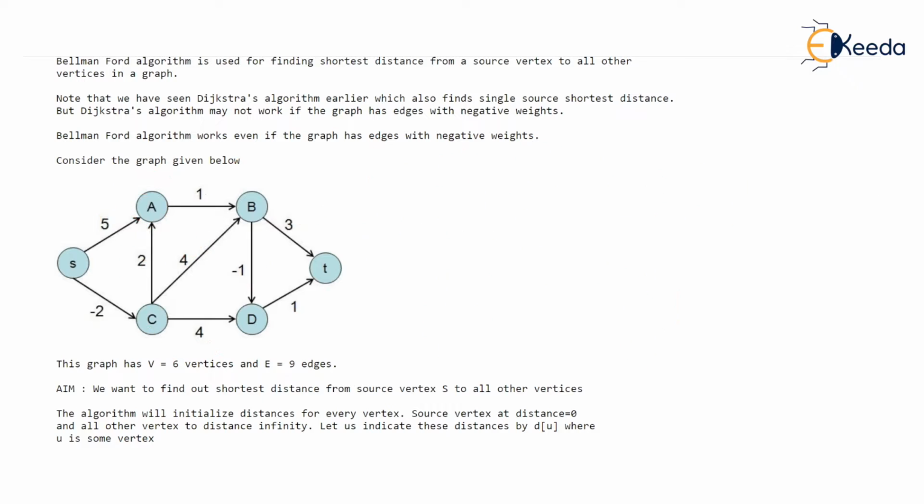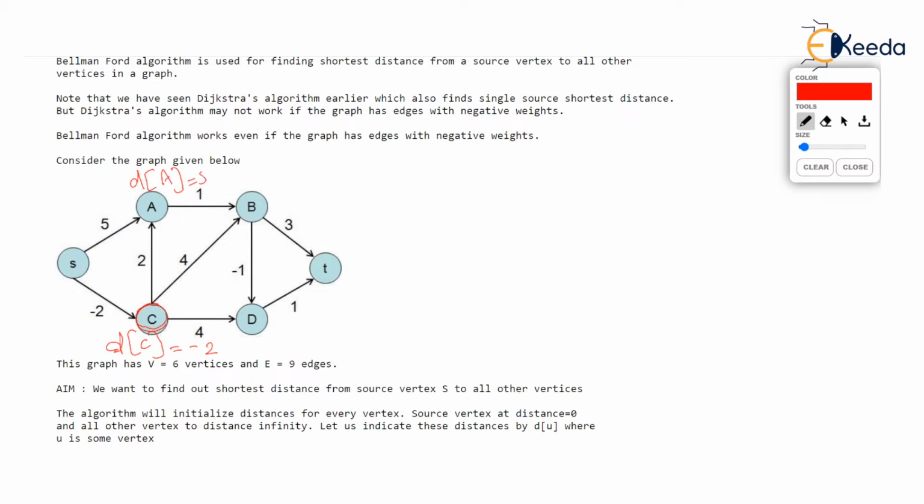Just check the relaxing of this edge again. Imagine for some time that DC is minus 2. Don't worry how we got this minus 2, but distance of C is minus 2 and distance of A is phi. So dA, imagine, is phi. And we are now relaxing this edge, which I am marking. So how do you relax this edge? What is the rule? Check that the edge over here that we are talking about is C comma A. It is C to A edge, correct or not?